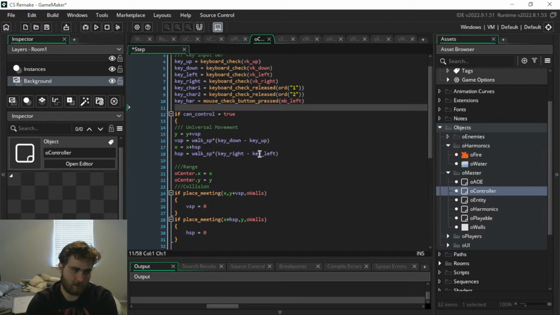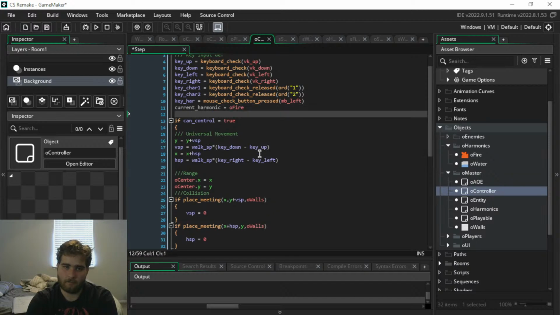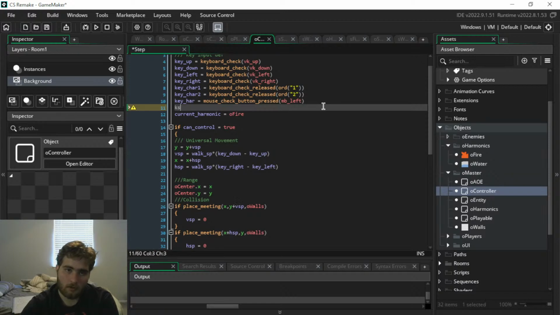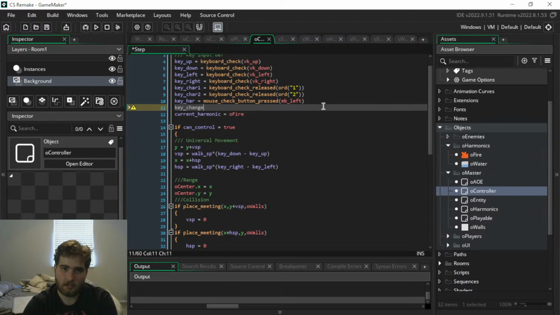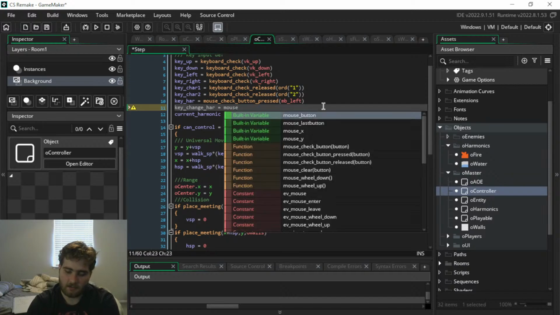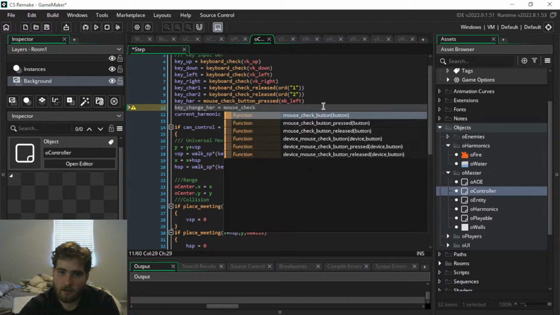That's what we're going to do first. So current_harmonic equals O fire. Key change har equals mouse check